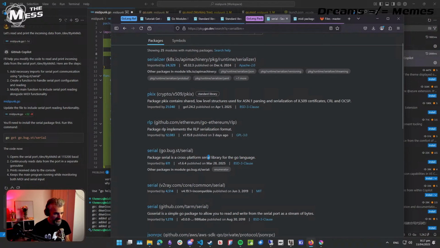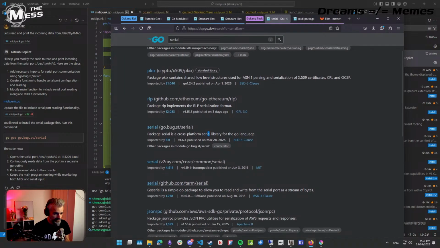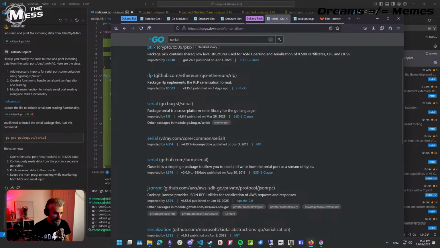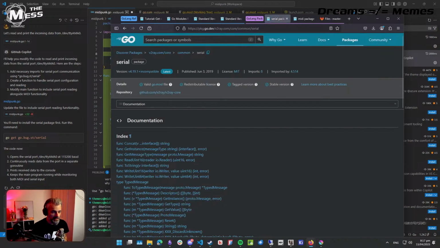Cross-platform, okay, so that's, yeah, it's one of the top ones, fair enough. Serial. Read and write from the serial port as a stream of bytes. So it literally came across the first one, yeah, and I thought it was a good idea. See, but this one's an MIT license. So